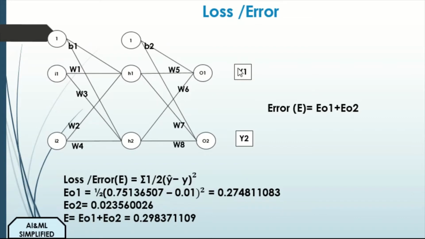If we have to compare it with the actuals, we will compute the errors by comparing these two values and taking a square of that, and we are also taking the half value of it to make it easier from the differentiation perspective. So the error of O1, that is the error corresponding to this node, is coming out as 0.274. Similarly, EO2 is computed and the EO2 value will be 0.023, and the total error will be the sum of EO1 plus EO2, which will be 0.274 plus 0.023, which makes it 0.2783.